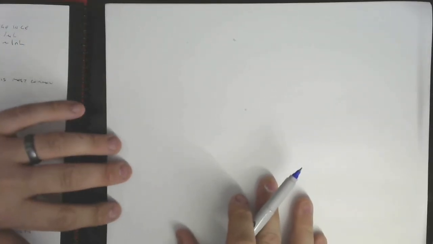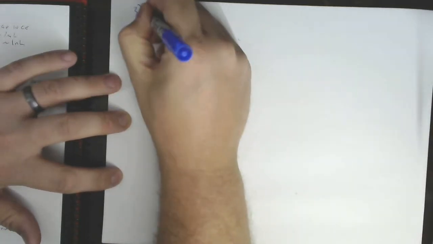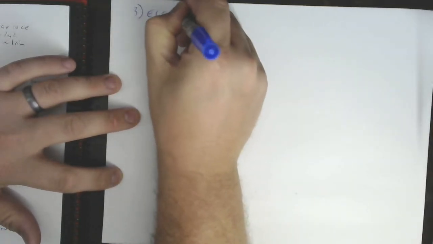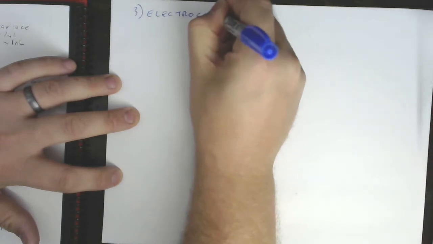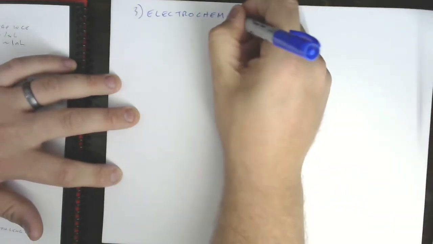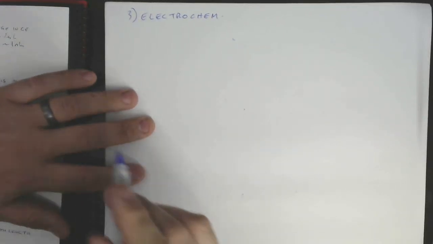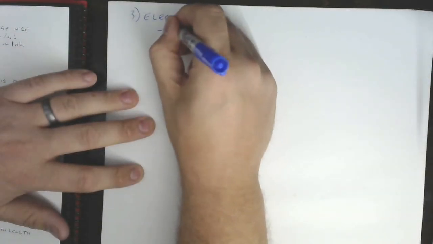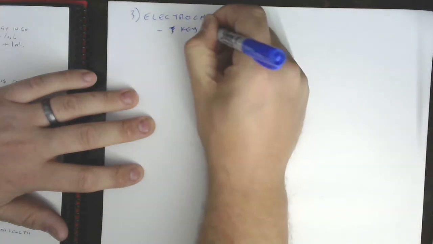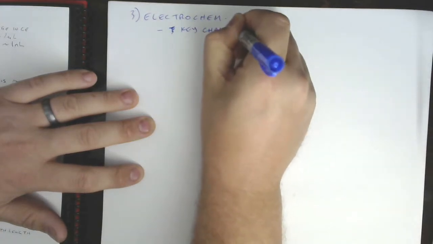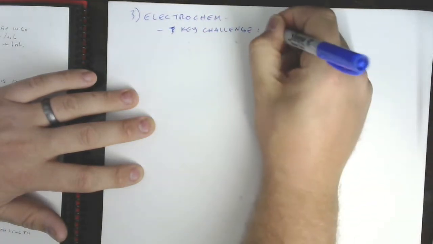Okay, let's look at two more methodologies that are common for detection in CE, and then we will be all set. So let's call this electrochemical detection. We talked about this also in HPLC, and the idea is basically your sample undergoes a redox reaction at some detector electrodes, right? The real trick here, the key challenge, we'll call it, is to decouple